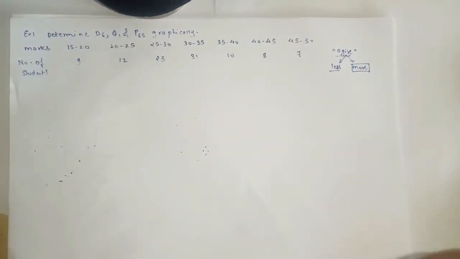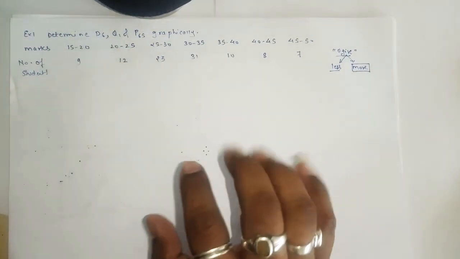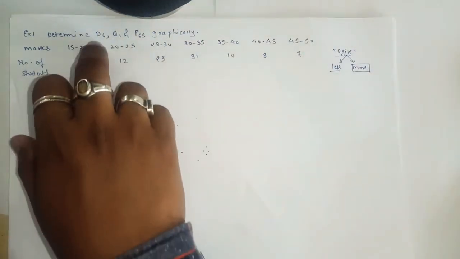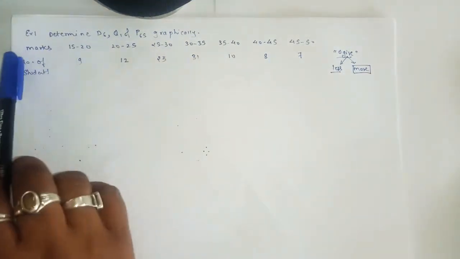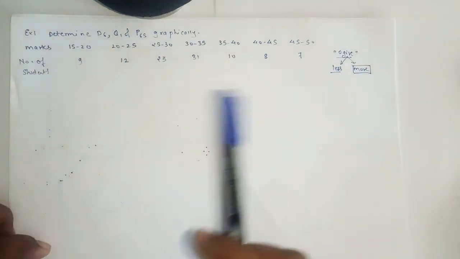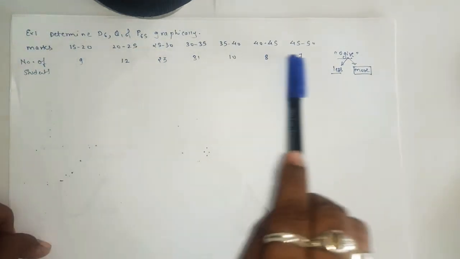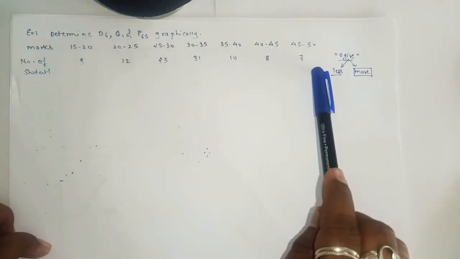So first we'll see the concept based on ogive, what exactly we have to do whenever we come across the graphical method based on ogive, how to show the deciles, quartiles and percentile answers graphically, and how to find the answer graphically. Okay, so this is the sum. You will have the sum in this pattern. You will have marks and number of students. As we all know, your first row indicates the class and the second row indicates the frequency.